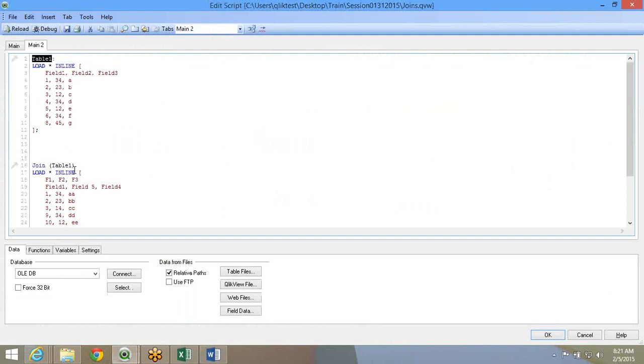Table 1 is the first table. So I just have to give that field. What ClickView does internally is it uses the associative property of ClickView. You remember the associations happen based on common field names. So the joins also happen on the common field name. So you don't have to mention to ClickView which field to join on. If the fields are common, field 1, field 2 is the same, the join will happen on this field. If there are 2 or more fields that are common, the joins will happen on those 2 or more fields. In SQL you have to mention all those fields, but in ClickView you don't have to. Just join table 1, save it, reload.